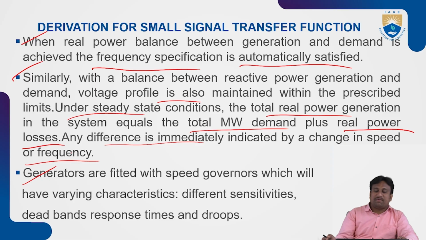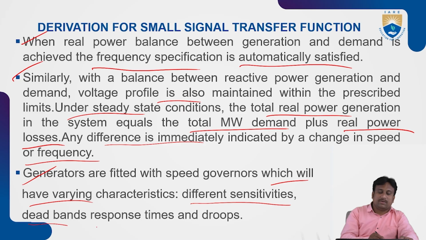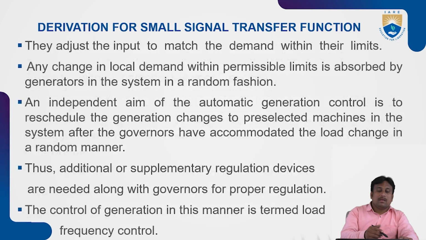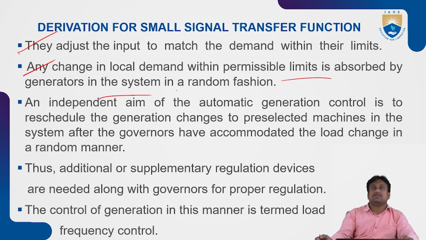So generators are fitted with speed governors which will have varying characteristics. That means different sensitivities, deadbands, response times and drooping characteristics are obtained. So here they will adjust the input to match the demand within their limits. Any changes in local demand within the permissible limits are absorbed by the generators in the system in